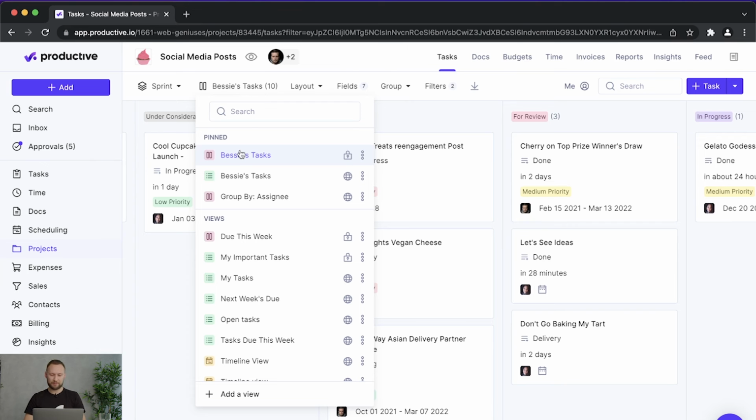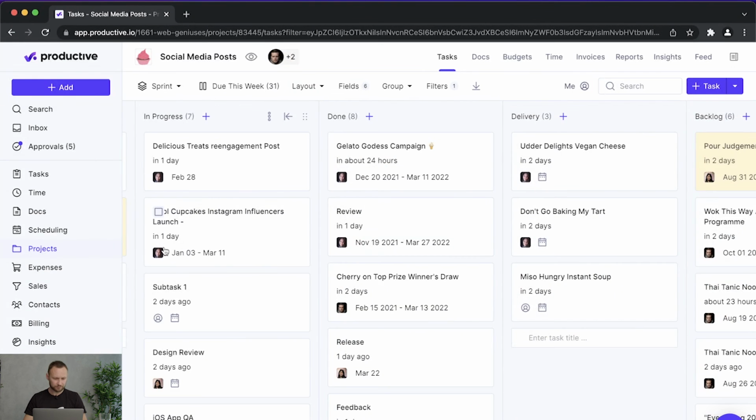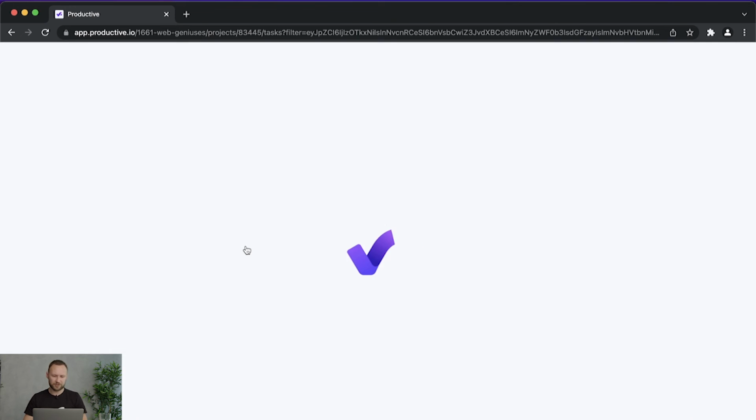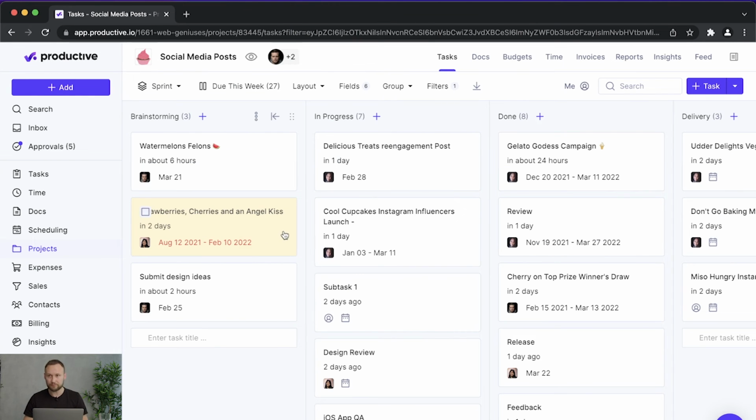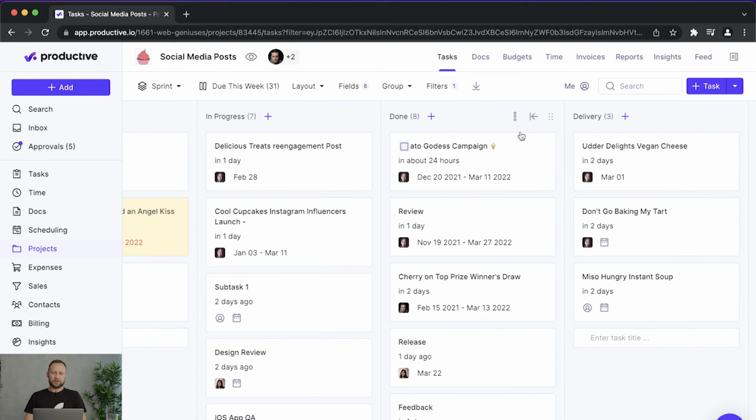One thing to remember is that Productive will always remember your last selection. So if this was my previous selection, then if I refresh this, it will come back right to this view. Okay, once you have configured your project, it's time to talk about some use cases. Now that you have configured your view, and your project is mostly there, let's talk